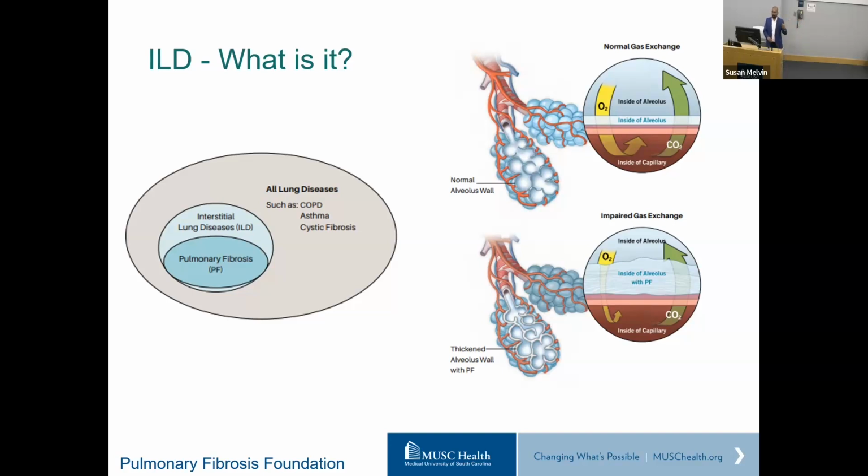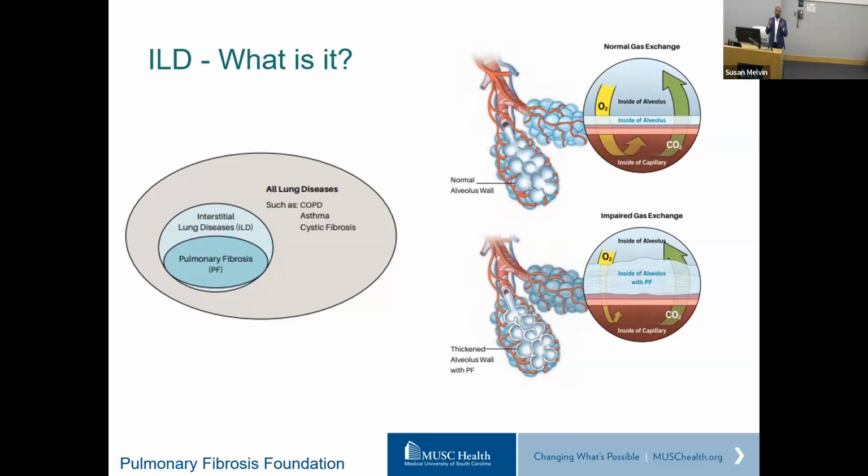Interstitial lung diseases refers to the interstitium, and that's what you're seeing over here. So this is what the interstitium refers to. This is the actual barrier between the alveolus, the air sac, and the blood capillaries that take blood through the lung. The whole point of why we have lungs and why we need to breathe using our lungs is because it provides the unique interface where gas exchange can happen. And that gas exchange happens through the interstitium.